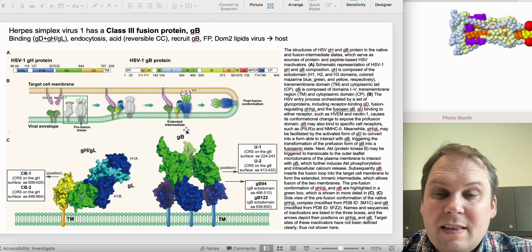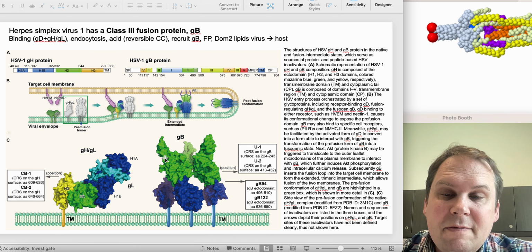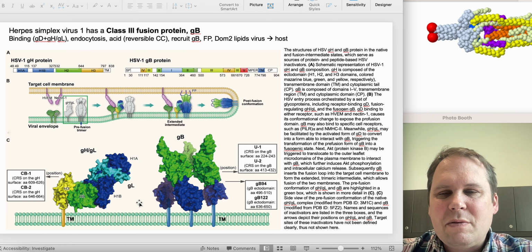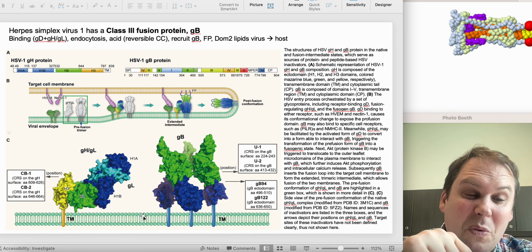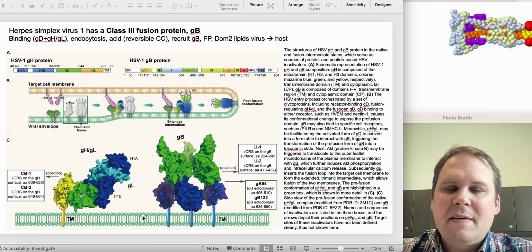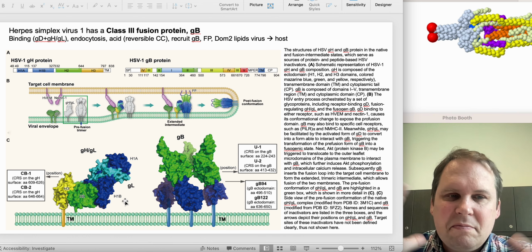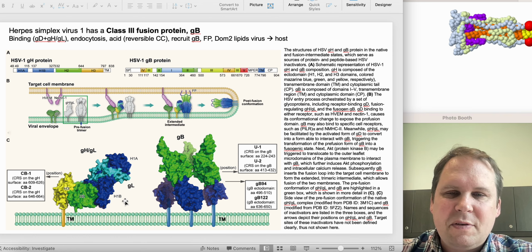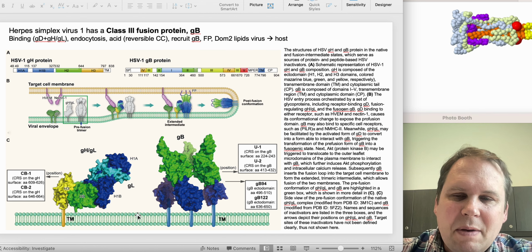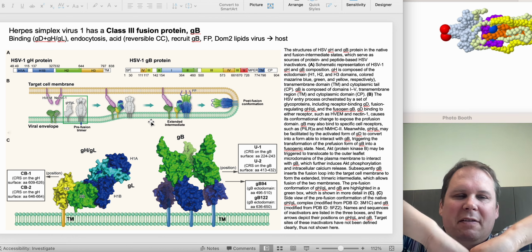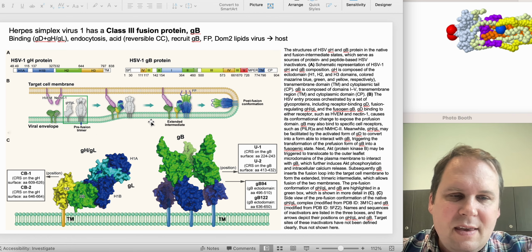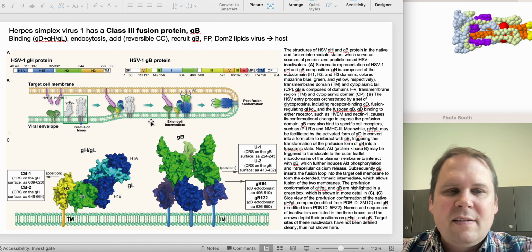And so the interesting thing here is that the fusion peptide is believed to be in GB, but it's going to work in the opposite way. So GB is going to start out embedded in its own membrane, and it's going to be binding lipids from there. And the fusion motion, if you want to think of it that way, is going to be bringing lipids from the virus membrane up. We're actually pulling the virus membrane up and merging it with the host membrane. So instead of